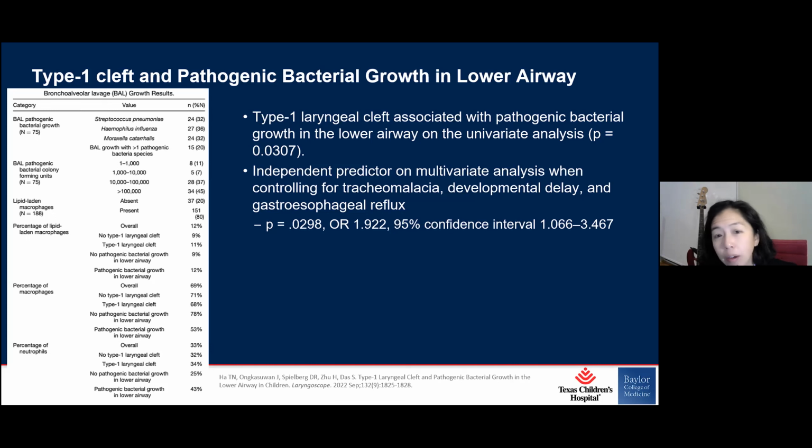And we found that, when we controlled for all the other different risk factors, looking at developmental delay, reflux, tracheomalacia, there's other things. Like I said, PBB, technically, you shouldn't have another reason for cough. So we tried to control for these. That type 1 laryngeal cleft specifically did increase the risk of bacterial overgrowth, which again, for us points to, we should be relatively aggressive with trying to treat our type 1 laryngeal clefts to decrease this risk of bacterial overgrowth, recurrent pneumonia, and chronic infection.